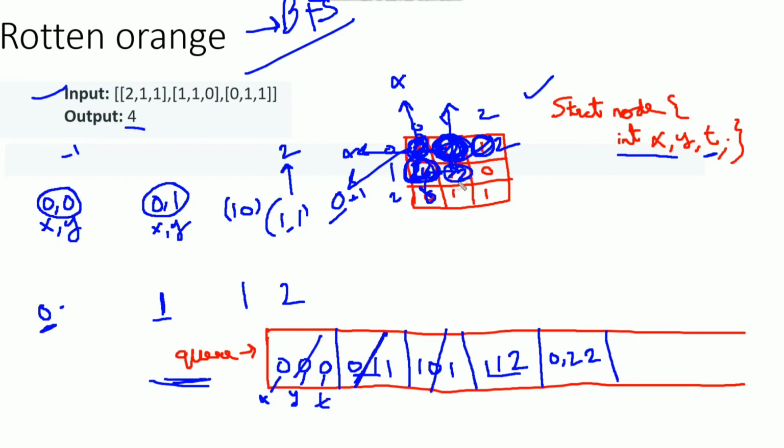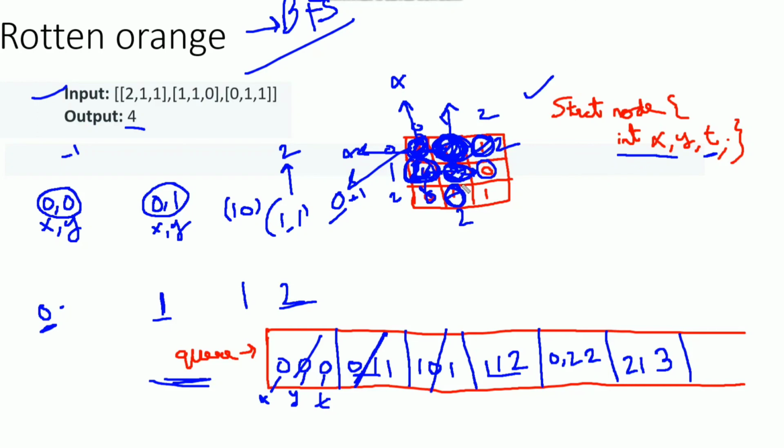We can move in down direction. If we move down, we encounter value 1. It means we need to change its value from 1 to 2, and enqueue this cell location. The location is 2 1, and the time for this conversion is the initial time of this location, 2, plus 1, so basically 3. Okay, now if we move in right direction, we encounter value 0. It means we need to return. We need not perform any operation.